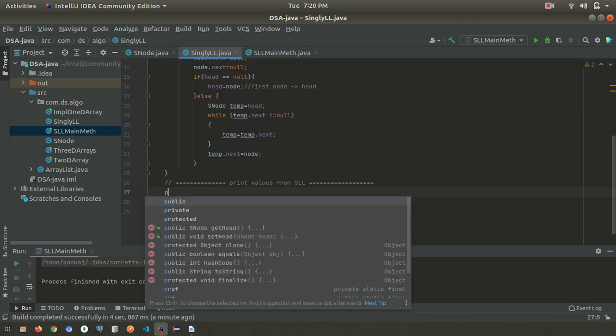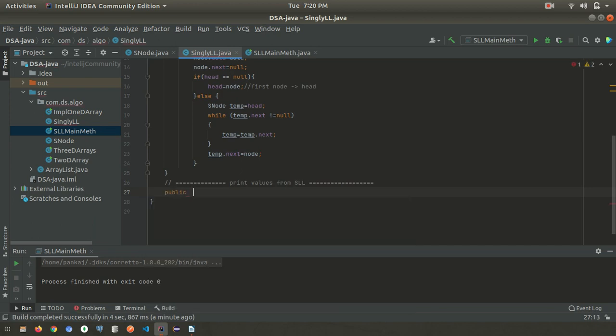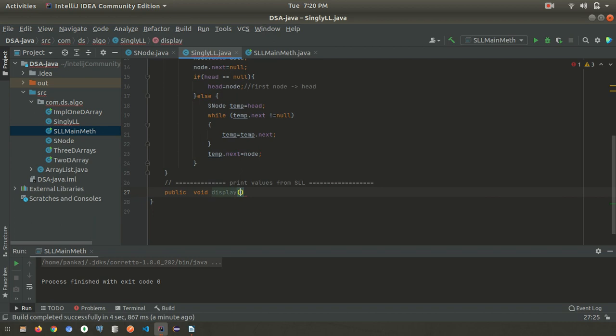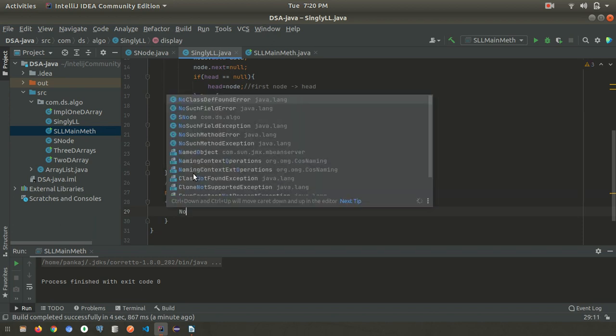The type will be public, anyone can call it, void, it won't return anything, and for the method name you can write display. It won't take anything, and before printing the values from each node, first we need to create the node.